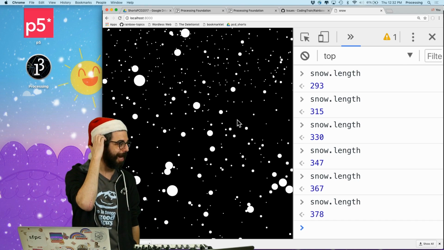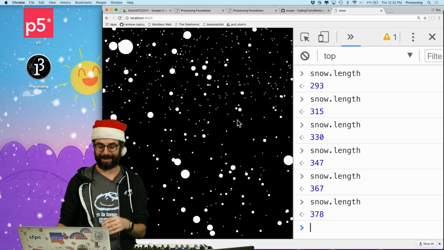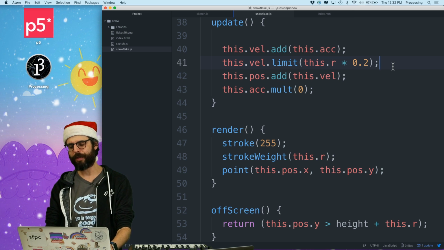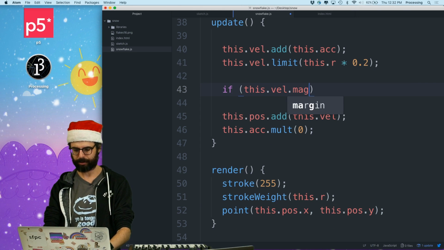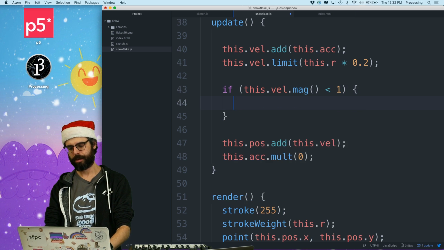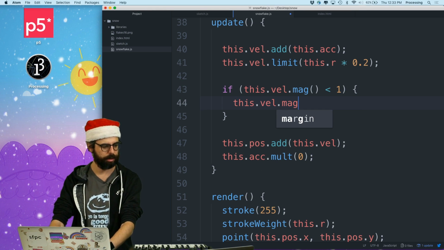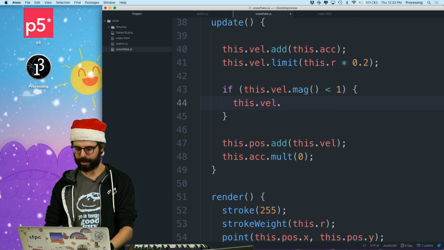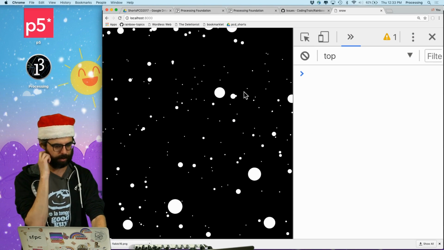So I think though that I do need the minimum velocity to be more than, I do think that I want them to move at least. Let's try something. This dot velocity dot normalize. Okay. So this